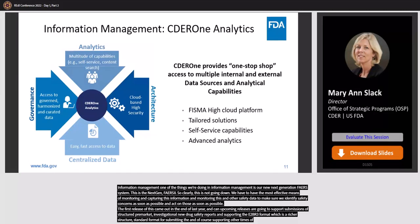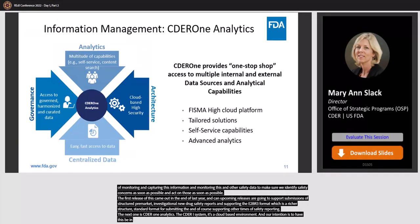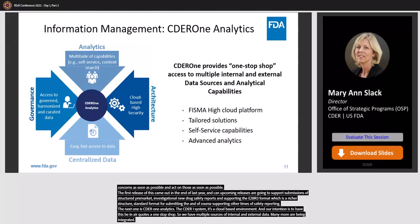The next one is CDER One's analytics. So the CDER One system, if you will, it's really not a system, it's a cloud-based environment. And our intention is to have this be, in air quotes, a one-stop shop. So we have multiple sources of internal and external data in there. I think that we're up to 24 or 25 data sources now, with many more that are being integrated. These are data sources that are important for different types of